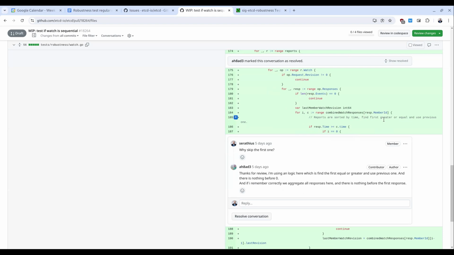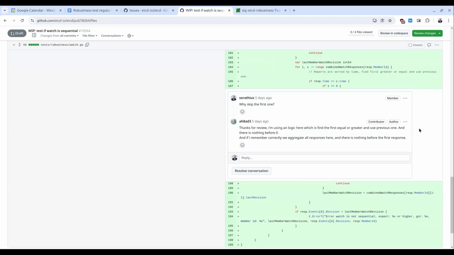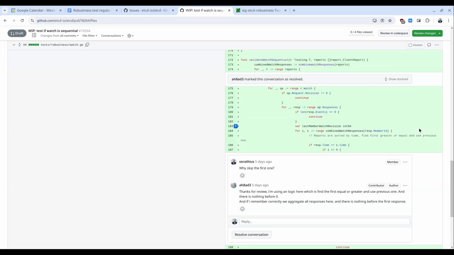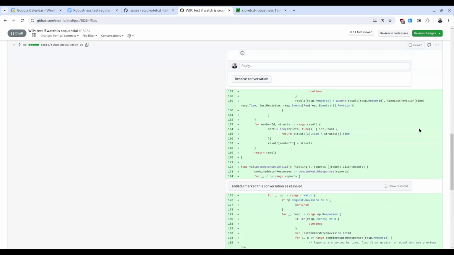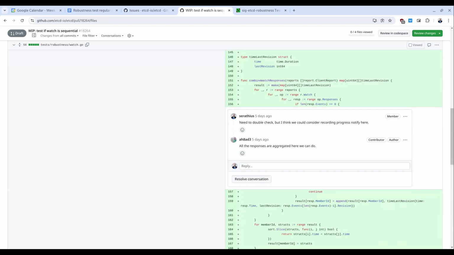So I think when we talked about this a few times, I had a hard time understanding what we should do at first. I implemented simple logic, and you asked me what about concurrent clients, so I wrote a function that aggregates all those reports into one